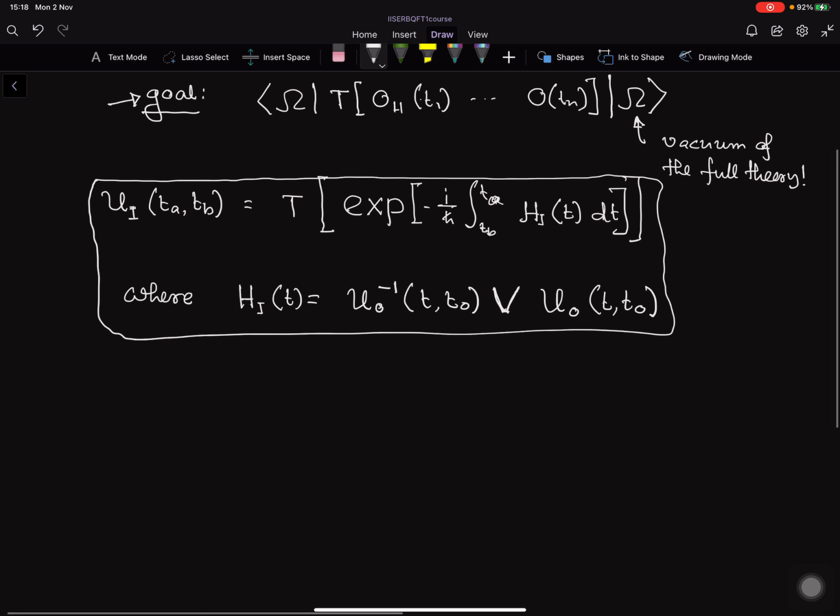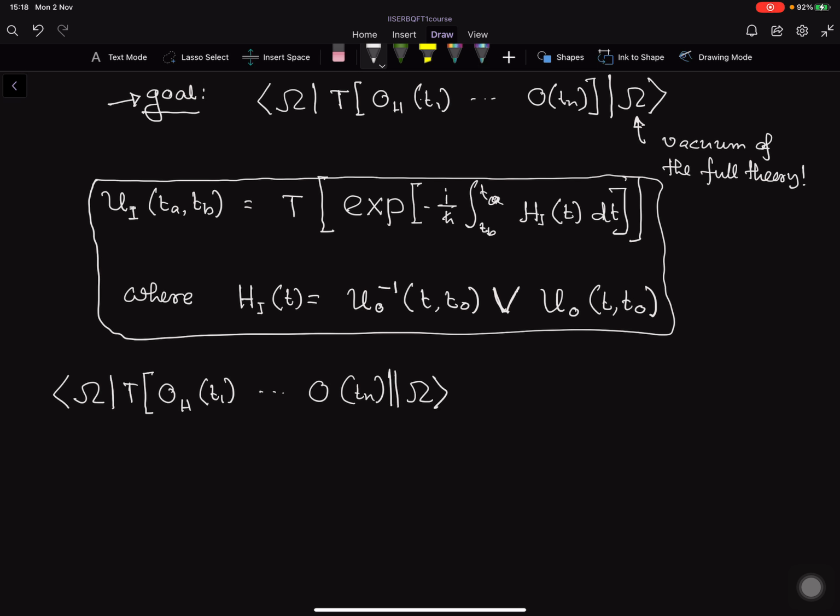More importantly, we will show that this is equal to the limit t tends to infinity times (1 minus i epsilon) of the vacuum, time ordered product of interaction picture operators,